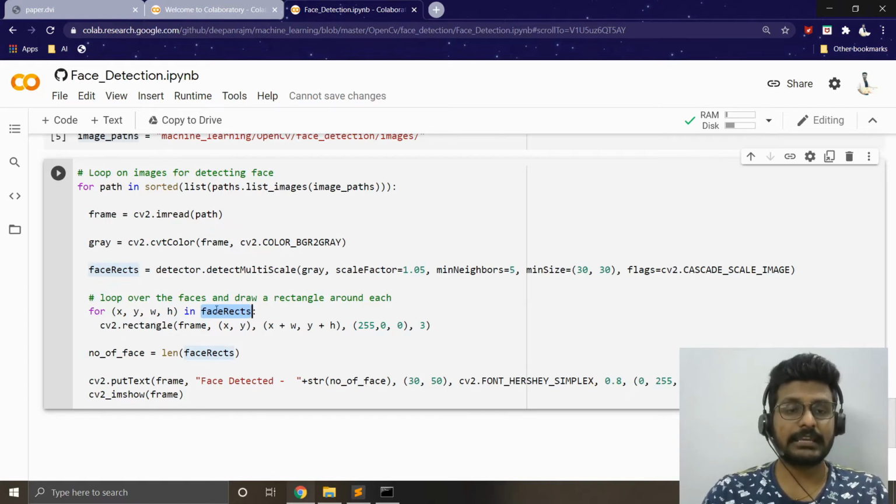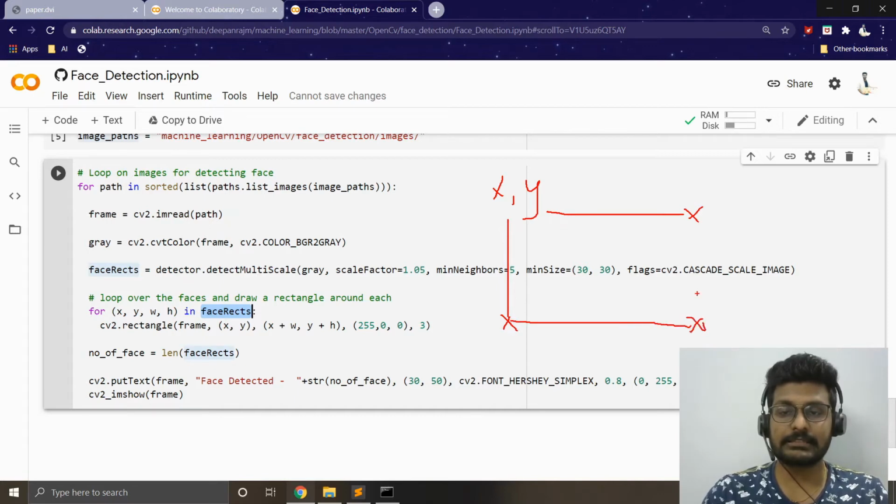Each face should contain four pieces of information: x, y, w, and h for that particular bounding box. Let's say I have x comma y. If I have w, it's going to be this region. If I get h, it's going to be this area. If I combine these together, I can get this point also. So I get 4 points, and I can easily draw the bounding box for that detected object. That's what is done here. I got all this x, y, w, h from the faces, and I try to construct a rectangle here.